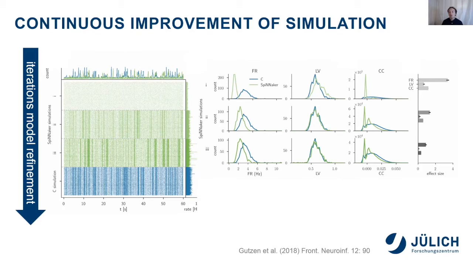However, of course, we want to quantify this, and this is done by, in this case, the network unit library, where you can see that measures such as the firing rate, the local measure of variation, and the cross-correlation coefficient continuously start to match that of the original C implementation as we improve the Spinnaker model bit by bit. You can see that here in the third iteration we still have some discrepancies in the cross correlations and the firing rates, but after enough